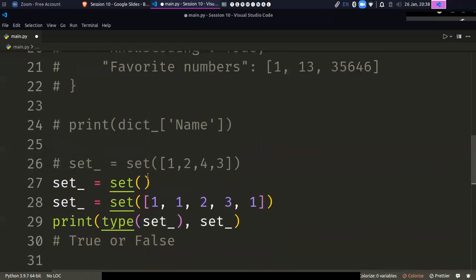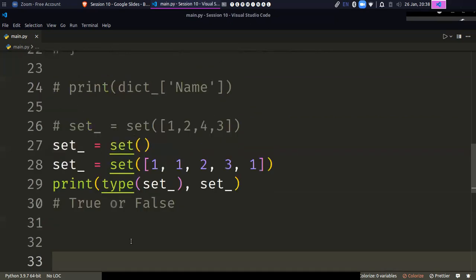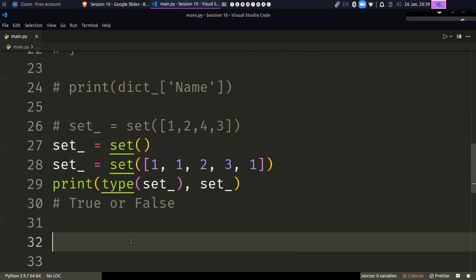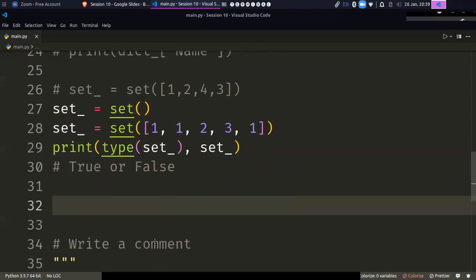Set also helps. If you are in 11 or 12, you must be getting questions like print out all the unique elements from a list. We can simply do it using the set function, but set is not in our syllabus, so we need to do it logically. But anyway, that is set. And now